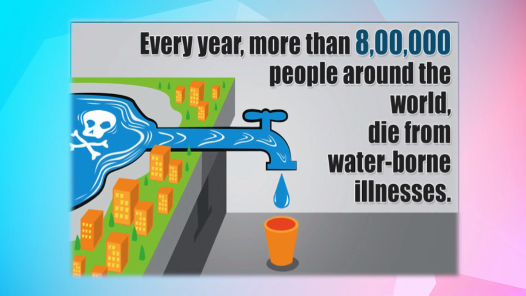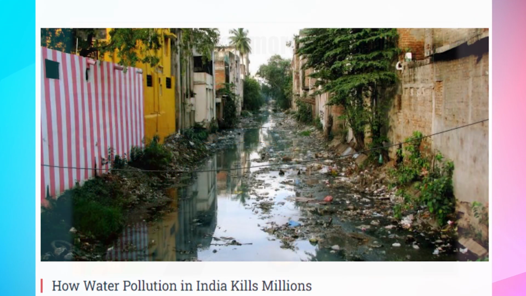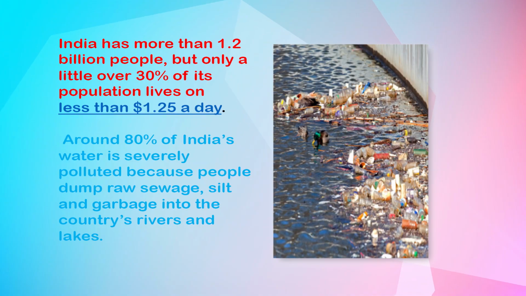This is all about how we can prevent it, and as we all know, every year more than 8 lakh people around the world die from waterborne diseases. And water pollution in India kills millions of people because the contaminated water is not drinkable, it is contaminated by a number of organisms and pollutants. Approximately, in India, more than 1.2 billion people